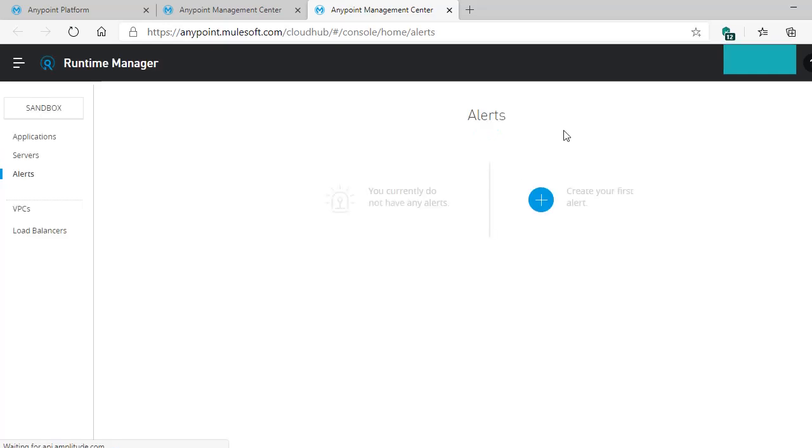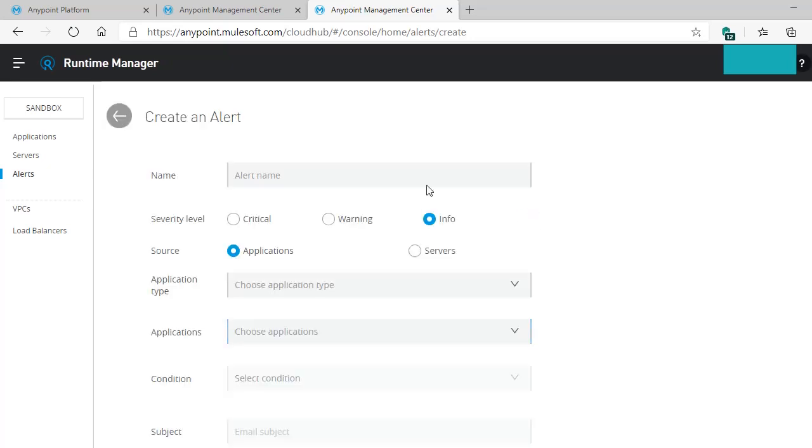This will open up a window like this. This is my first alert. My CloudHub doesn't have any alert, so we need to create an alert by clicking this icon. Click on it. Here you can give any name for this alert. For now I am giving